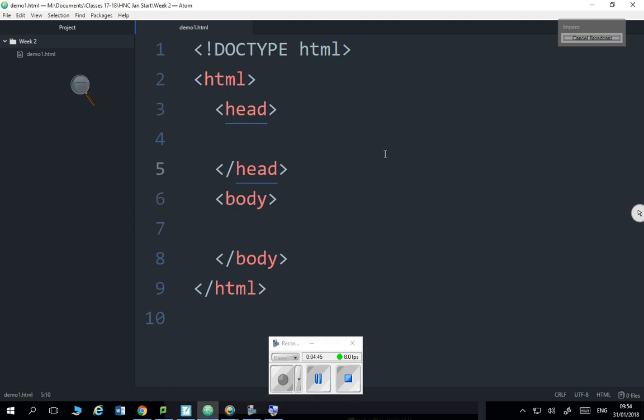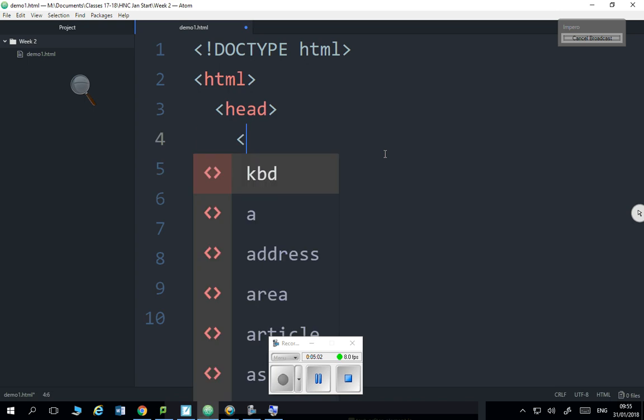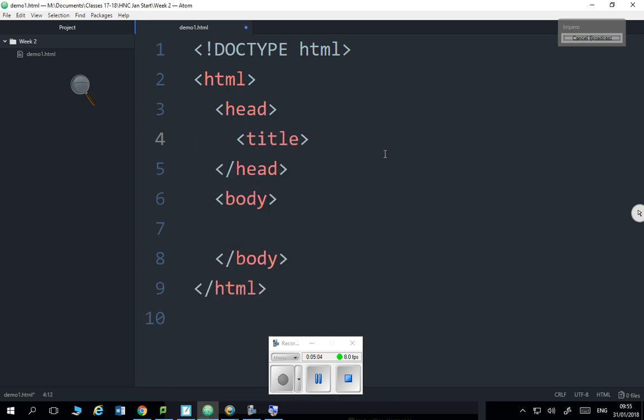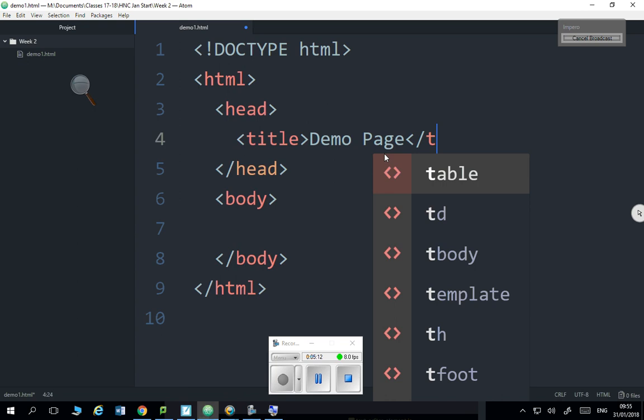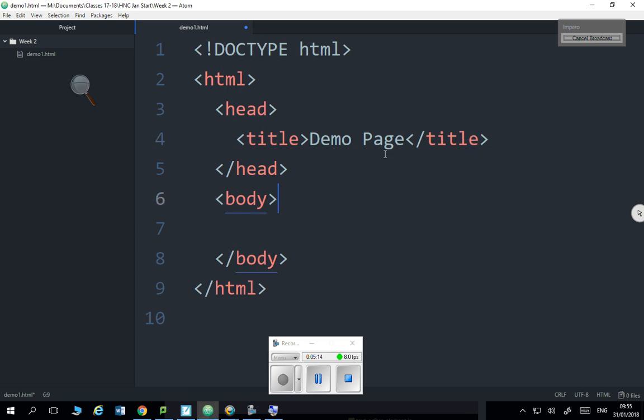Okay, so what I'm going to do here is put in the proper structure for an HTML5 document without all the content. So I'm just going to set it up the way it should be set up. So in the head, which I've not put in, and I showed you this last week, what do I need to put in? Title. Okay. So I'm just going to call this title demo page. Okay. The next thing I want to do is go inside the body,